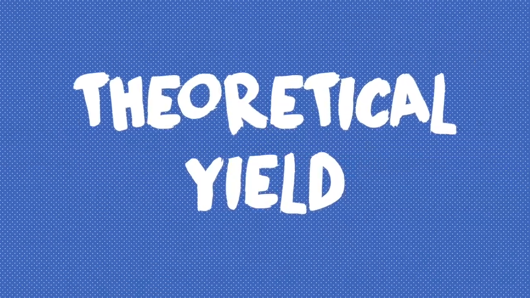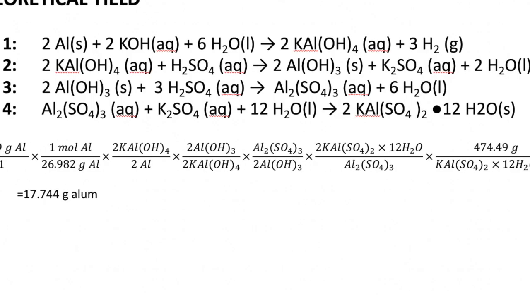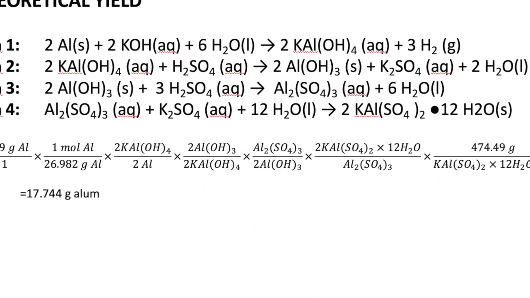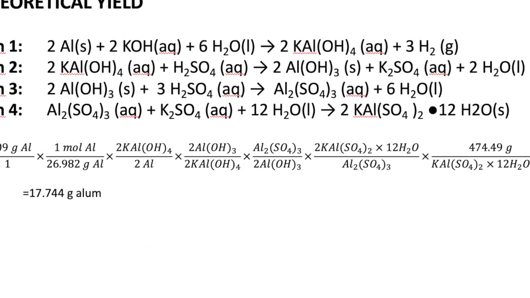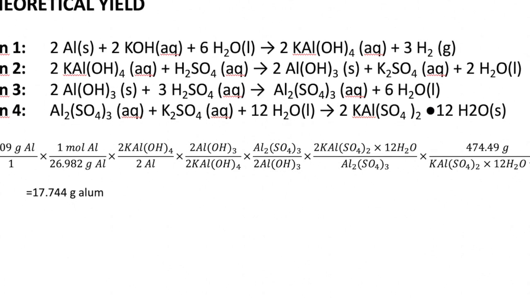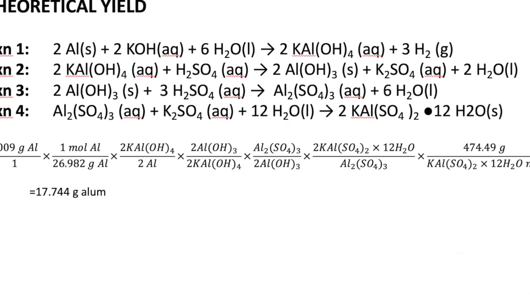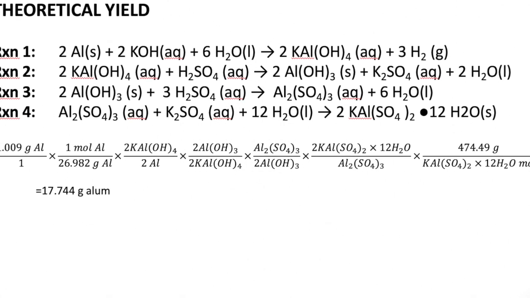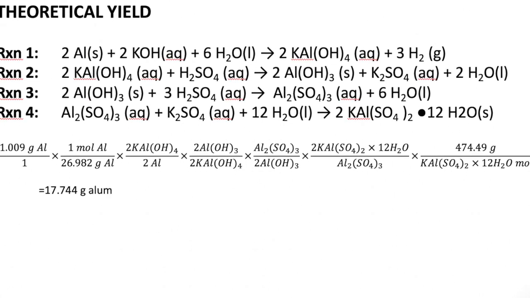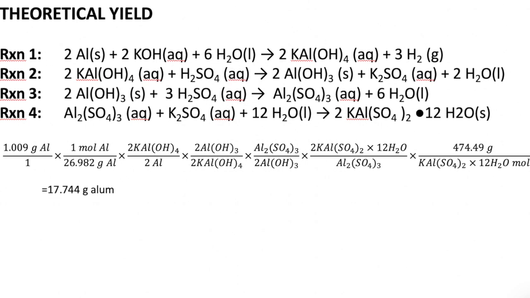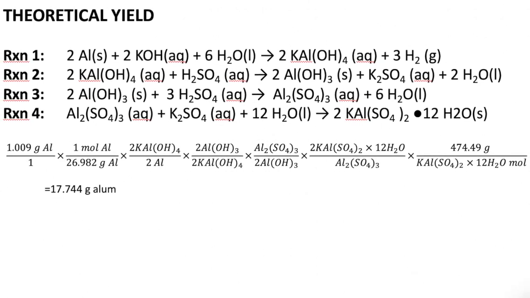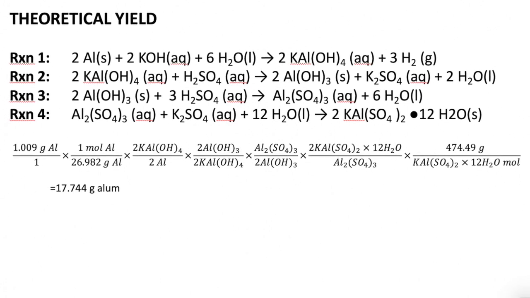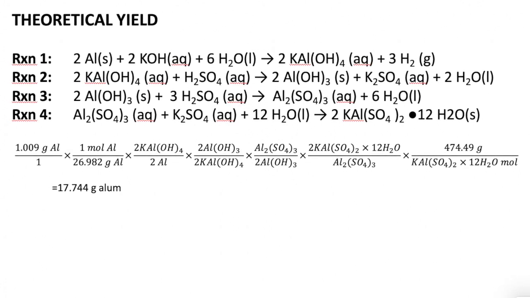Next, theoretical yield. For theoretical yield, I started with the mass of aluminum foil, which was 1.009 grams, and then I multiplied that times the molar mass of aluminum. And then I used the coefficient ratios from reactions 1 through 4 seen at the top of this picture to get to alum in the final reaction, and then I multiplied that times the molar mass of alum, and I got a theoretical yield of